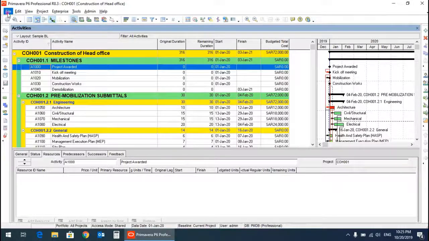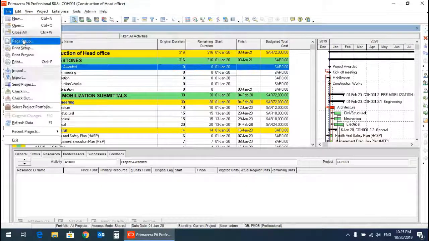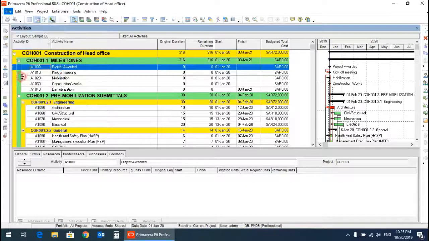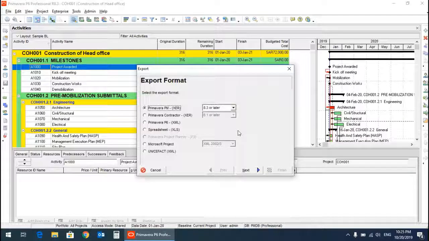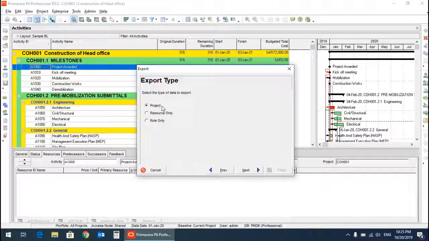So go to File, Export, and then you can change the Primavera versions to the current one or earlier one. Let's say we want to export this Primavera file in 8.2 version. Click 8.2, click Next, Project,